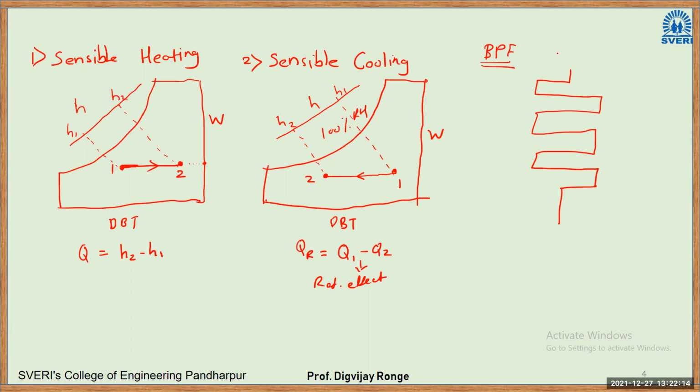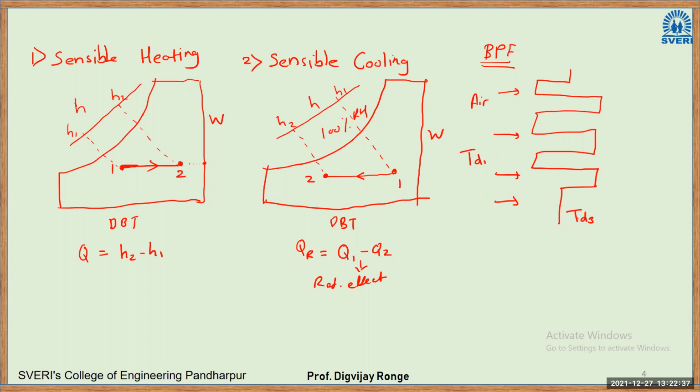This is a heating coil. Now I am passing air onto it, so air is coming in this direction. Air has some temperature TD1, where TD stands for dry bulb temperature. The coil has some temperature TD3. Now when air passes onto the coil, it is supposed to gain the temperature TD3.